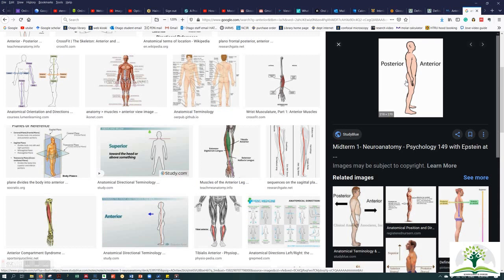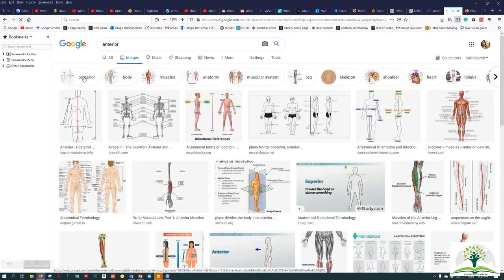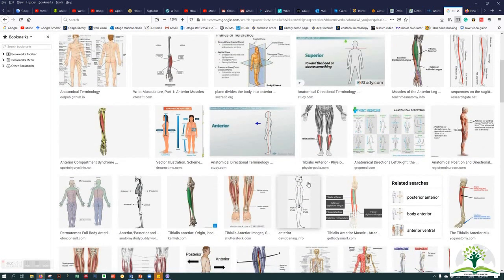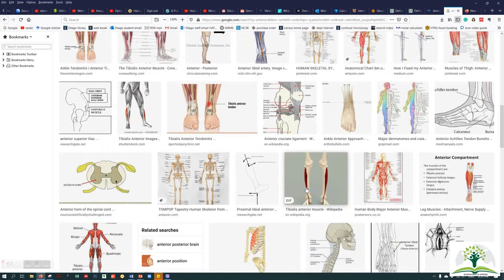So I thought of looking for another image. It's your responsibility to get the best image which self-describes the definition in a way that is self-explanatory. And in the images also they have categorized it under different categories. So I click on the anatomy images. So let's see the best image that describes the anterior scientific term.